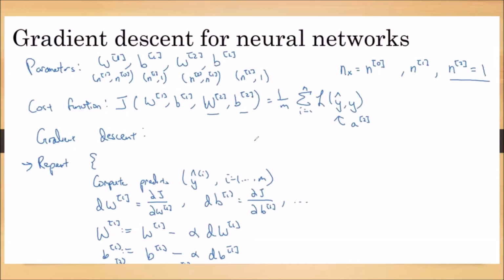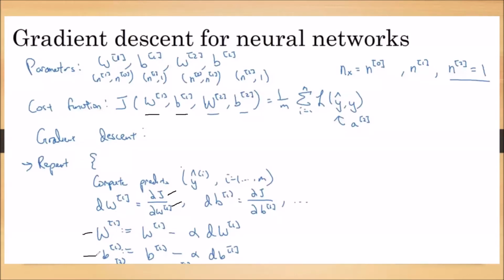While finding the gradient descent, we already know the predicted value is y cap. Now we want to know how the cost function is affected, so we are differentiating this cost function with respect to w1. We are differentiating this cost function with respect to b1. We want to know how the cost function is affected with respect to w1 and b1.